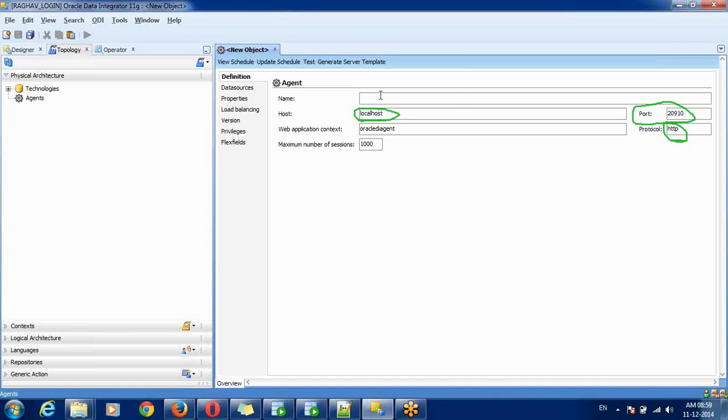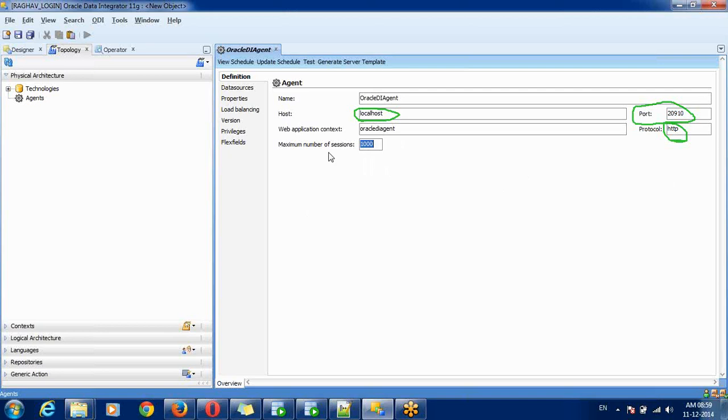Then the agent name I have created is Oracle DI agent. This is the agent name I provided at the time of installation, and the port number I also provided as the default, 20910. Here you can also see the agent's number of sessions.